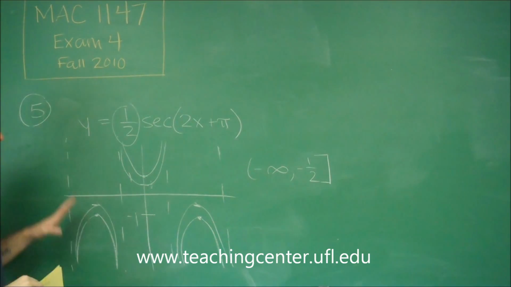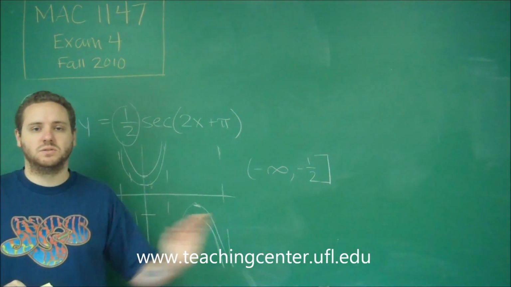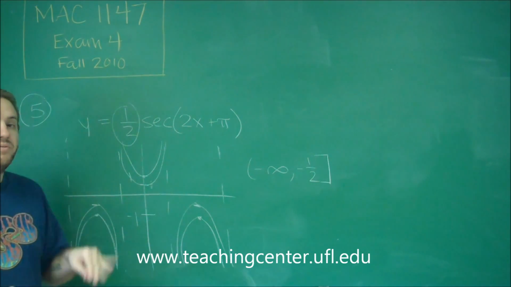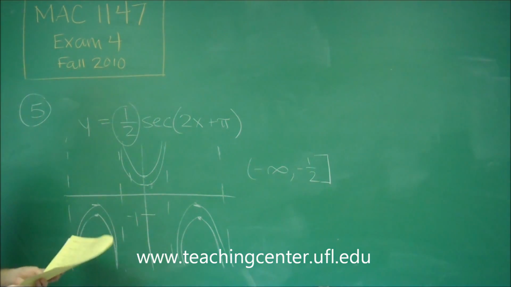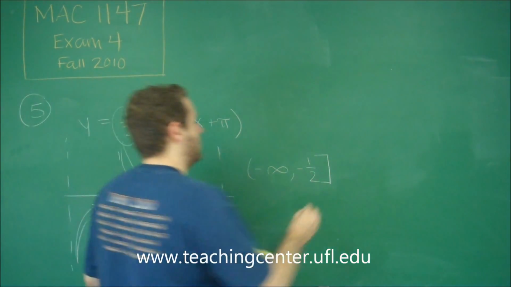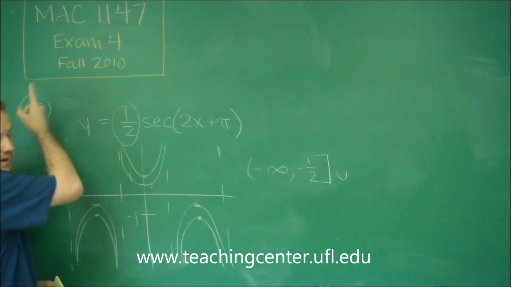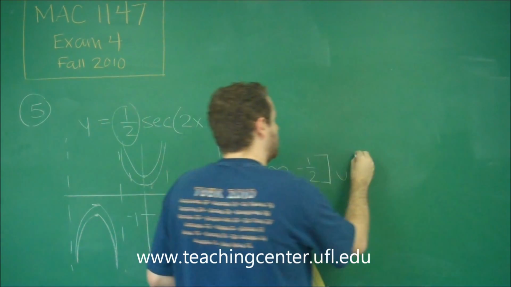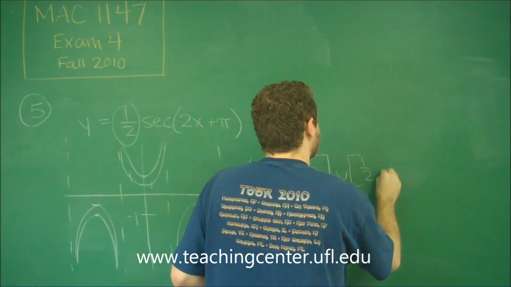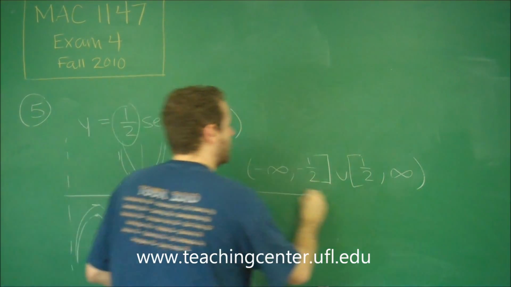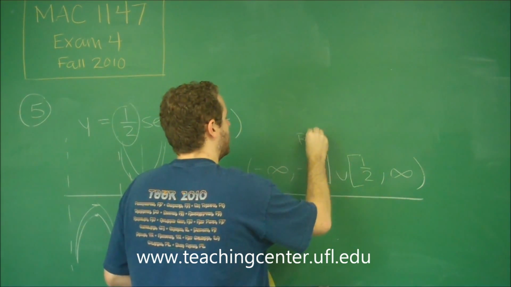So keep in mind here, I disregarded all of the horizontal shifts and compressions because they don't affect the range. And then we also have everything from 1/2 and higher. So we have 1/2 to infinity. So this right here is our range